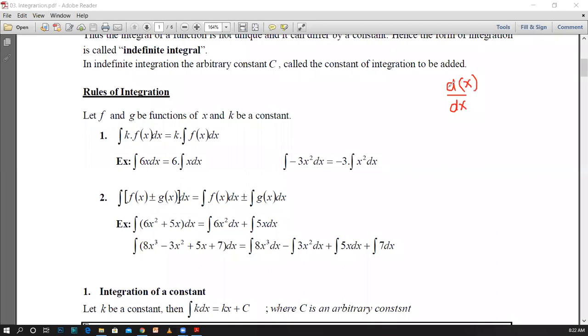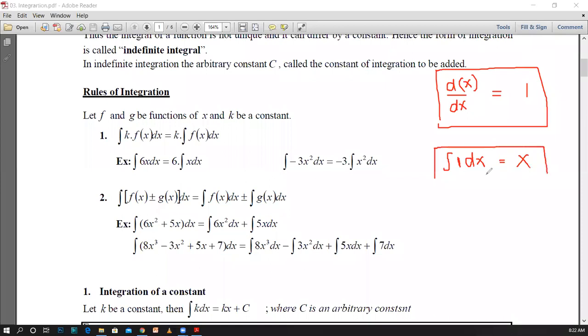If you need to get the derivative of x with respect to x, then you are getting the value 1. Therefore, sticking to this concept, what we are saying is the derivative of the integral of 1 dx is generally equal to x. Therefore, by sticking to this concept, we obtain that the integral of 1 is equal to x.